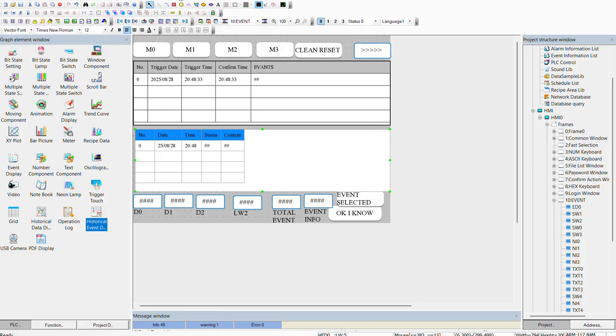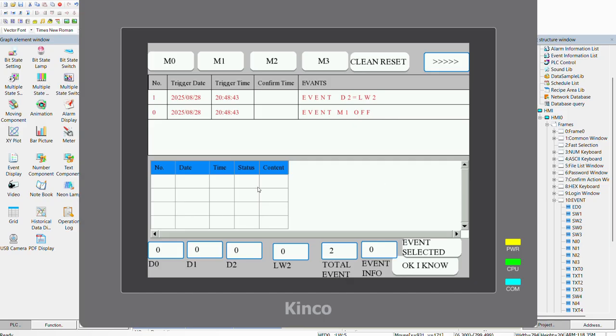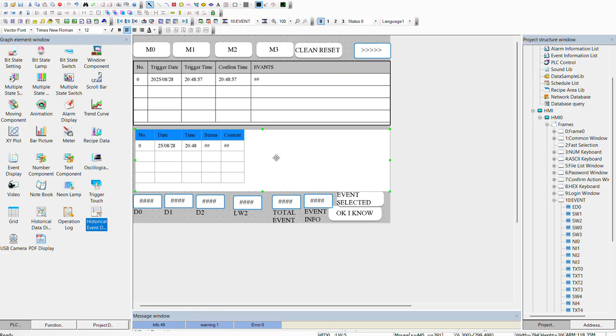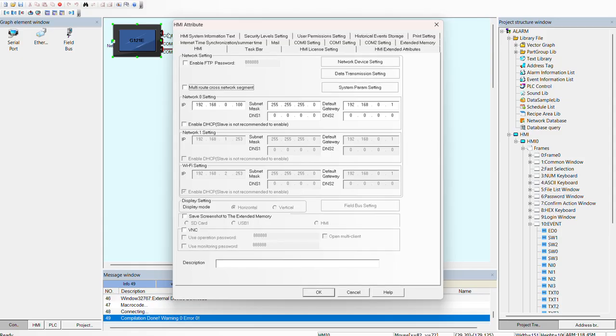So now I add and I go to offline simulation. In event display we saw all parameters. Now you can see in history display event display we don't have anything, if any event is happening. But here we don't have. Why we don't have? Because we need to go to HMI attribute and